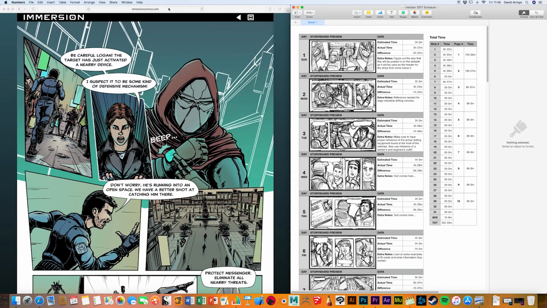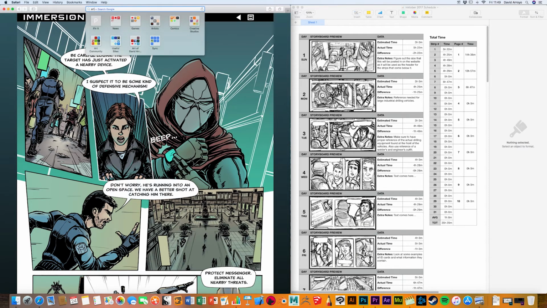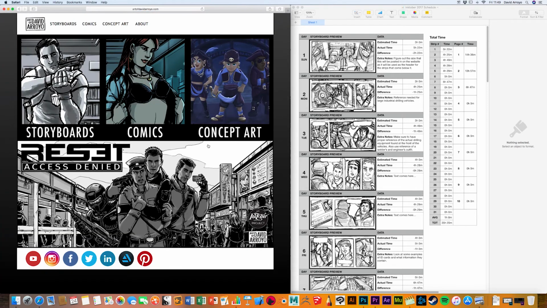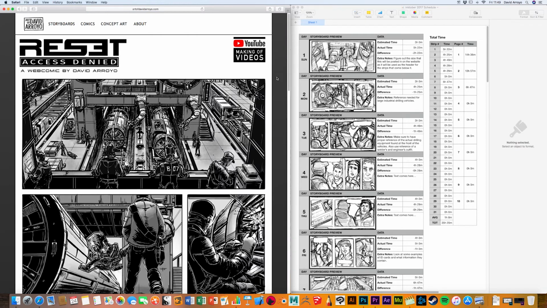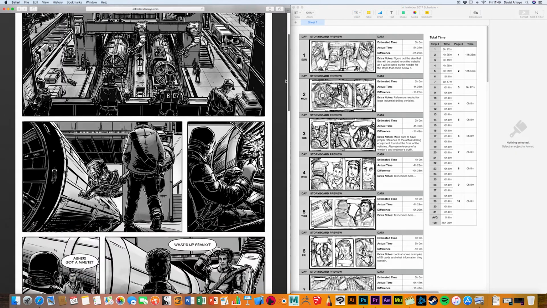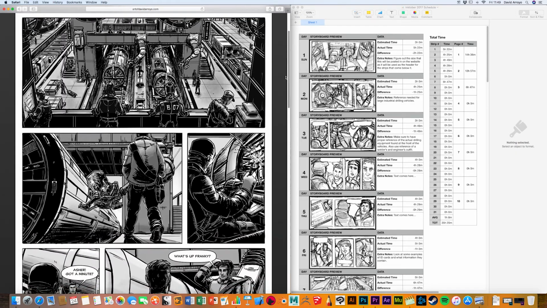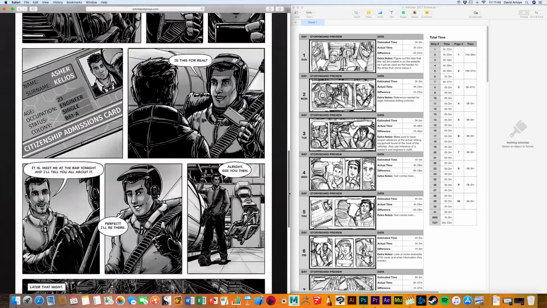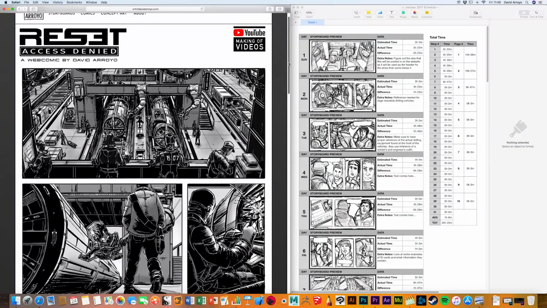For Reset Access Denied, art of David Arroyo, which I can show you, let's do that. If I go here to Reset Access Denied, you'll see it right here. This one is that, and that one represents this strip. This one represents that one, and so forth, and it goes down. Here again,